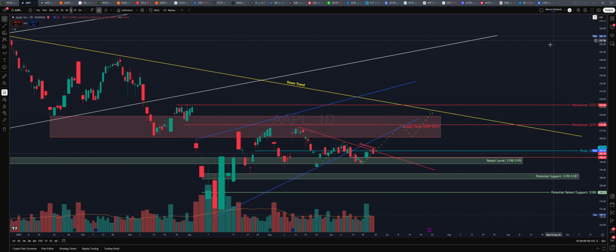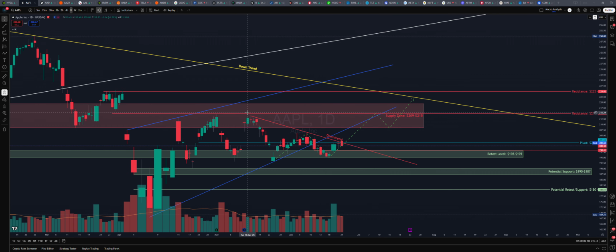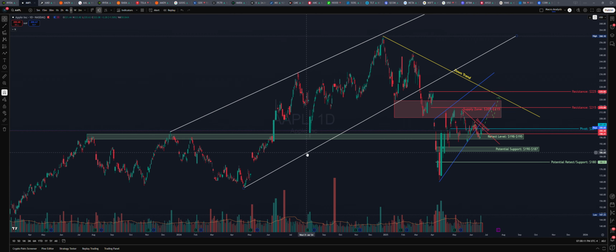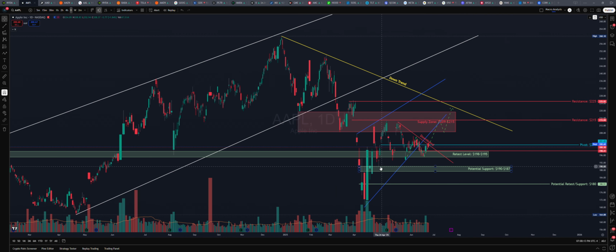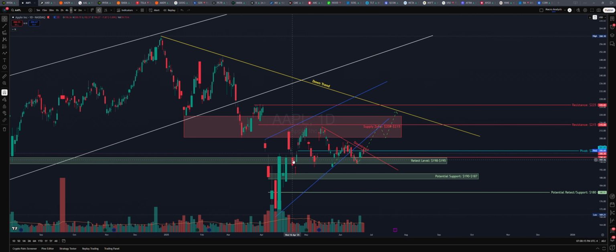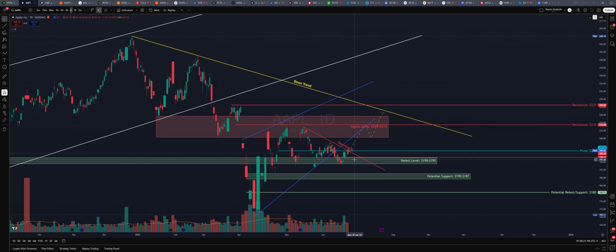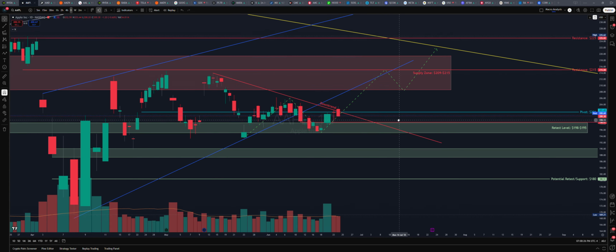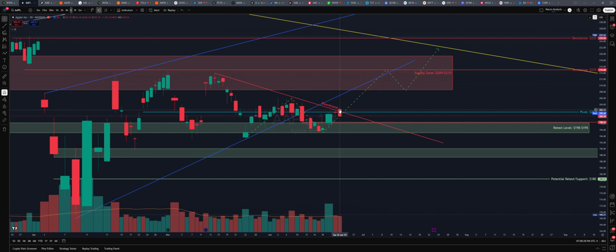So Apple, the level I'm looking for in Apple, you have this downtrend right over here. Apple broke down from this rising wedge, and you have this retest level right over here, which is acting as a support level. Both of them are acting as support level right now. We retest this one here, retest here, and we continue to create higher lows and retest. And currently, this is the level we're looking at. We went up towards this resistance downtrend line and we got rejected.